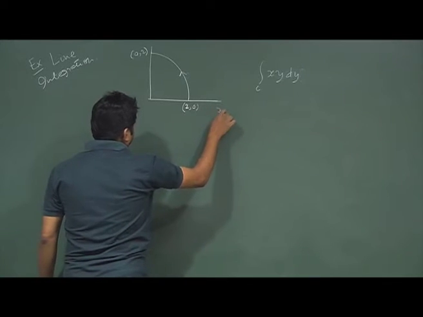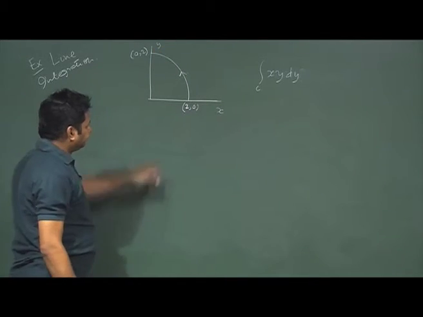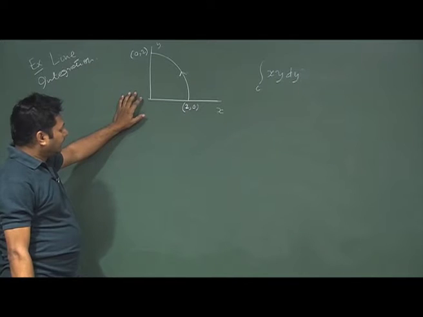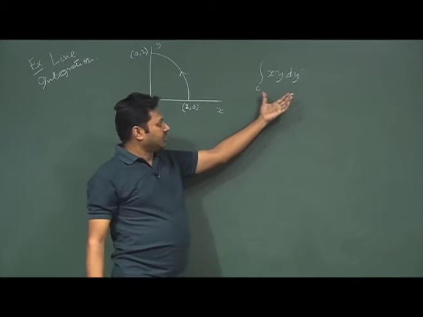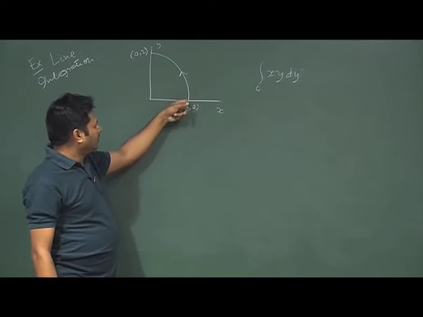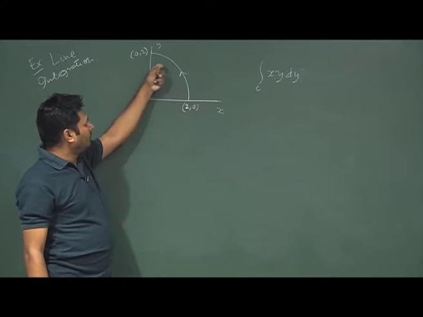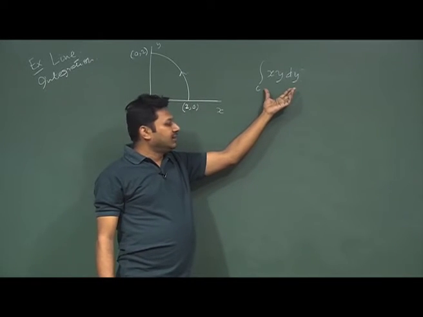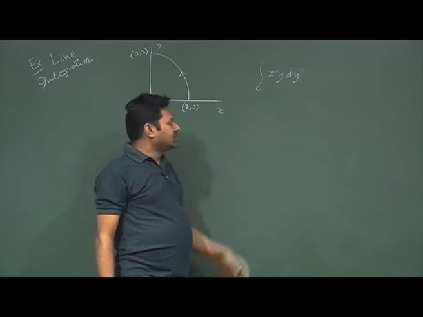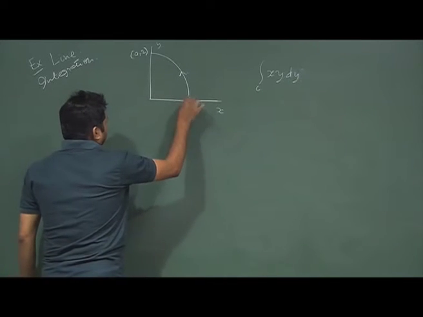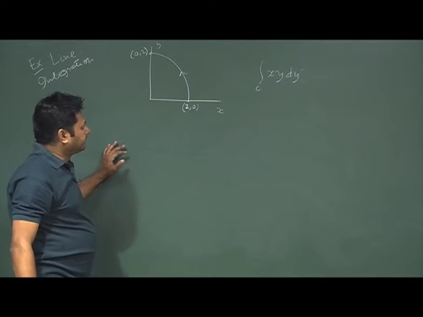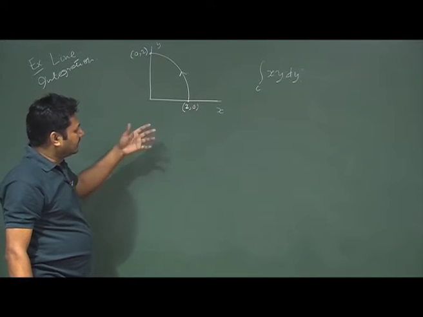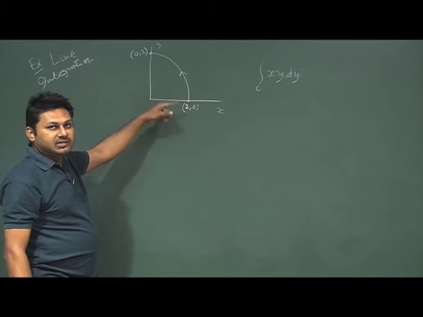This is my x, this is my y, over this line. So, the thing is that when you try to do this calculation, you need to know every time how they are related, what is the relationship between x and y, because you need to put these things into a single variable, as I showed in the previous derivation. So, we need to use some kind of parametric variable to understand how this is changing.